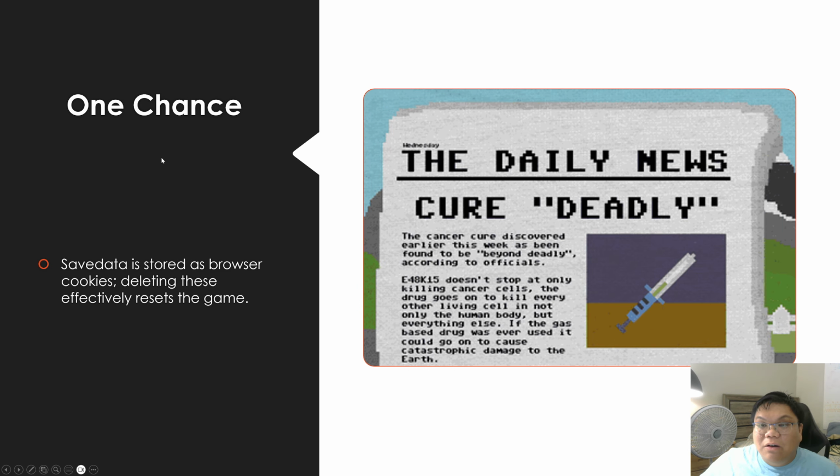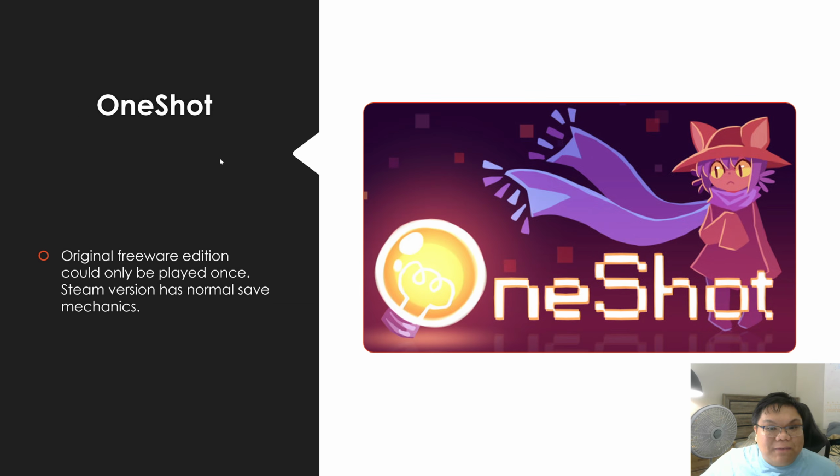There are a few such games, such as this browser game called One Chance. Whatever choices you make, they are permanent, until you reset your browser's history. There's a more famous game that I just forgot existed until this year, called One Shot. The original freeware edition could only ever be played once. The Steam version has normal save mechanics.